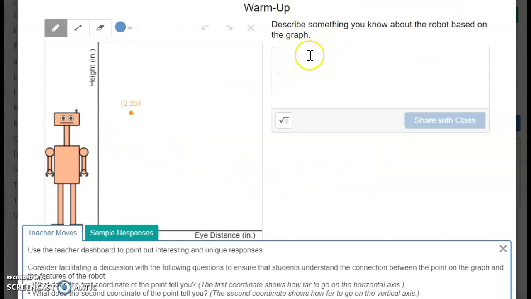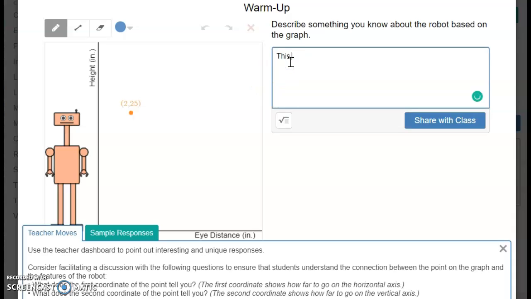Describe something you know about the robot based on this graph. This dot represents this robot's data. Looking at this, the first number is 2, the second number in parentheses is 25. Remember, the first number is always the x value, the second number is the y value. The x value means you look at the x-axis and see what it represents: the eye distance is 2. And the y value, what's on the y-axis? The height is 25. So I can write this robot's